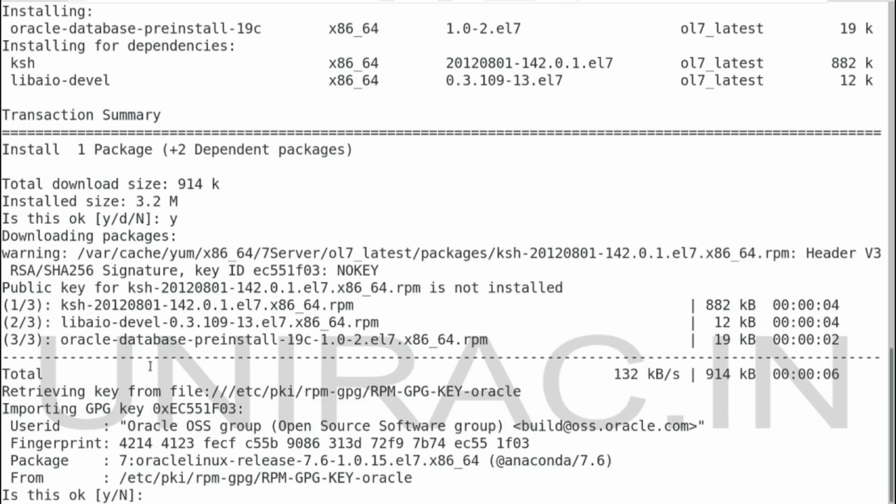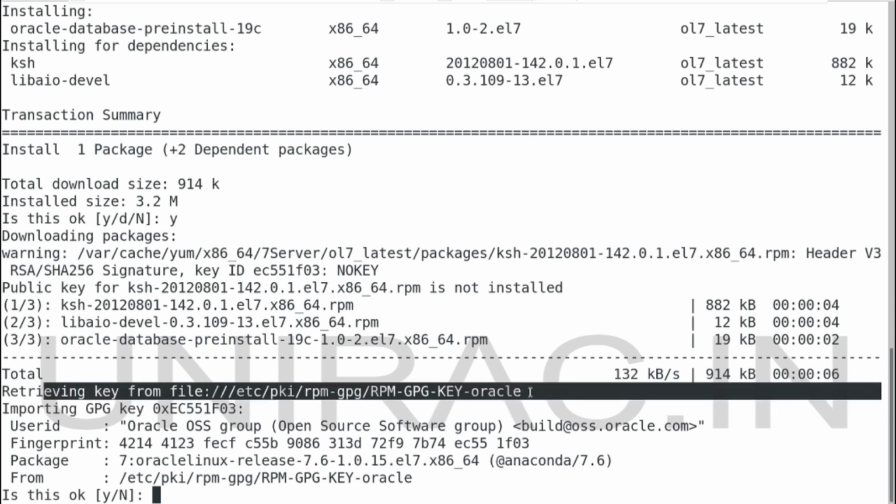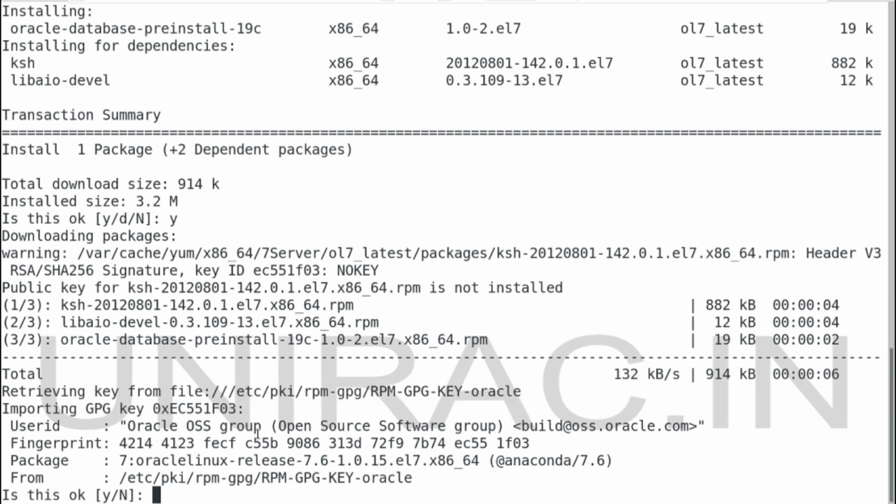It is downloading the packages. Out of 3 packages, ksh, libaio, and oracle-database-preinstall, these packages got downloaded. It has been retrieving the key from the file, and let's go on installing. Enter the key, y, to proceed with the installation.